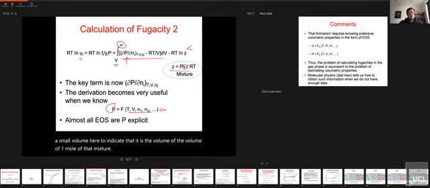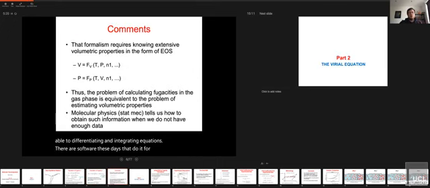So everything seems to be fine. You know, it's just a matter of being able to differentiate and integrate equations. There are software these days that do it for you. The problem is that for this derivation to hold, we need the equation of state, which is the relation between